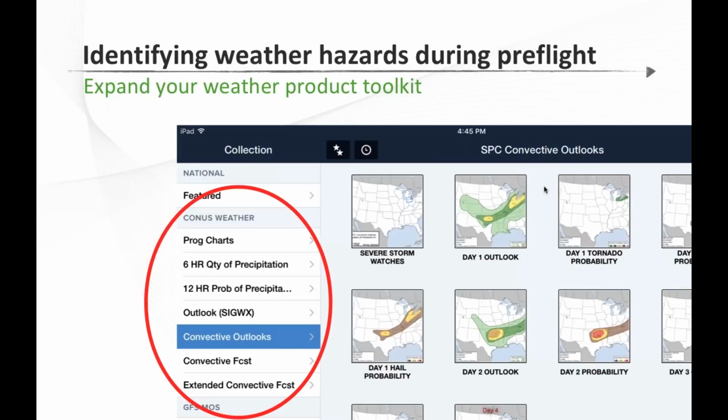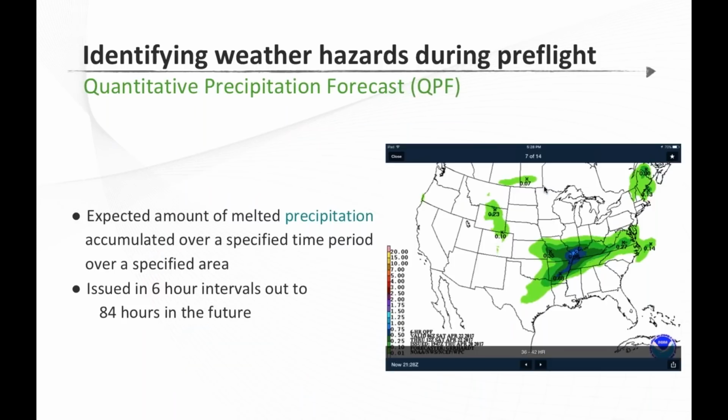That's where you're also going to find your surface analysis and your prog charts, charts you may be looking at now. But there's a couple more in there that we want to take a closer look at here this evening. So another one they put in here is called the quantitative precipitation forecast. A big fancy word for basically a chart that indicates how much precipitation is going to fall to the ground